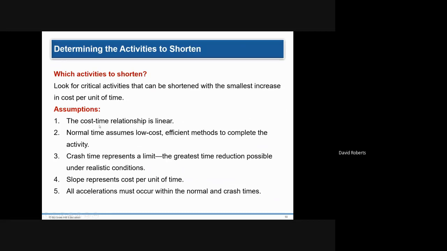As I mentioned, the cost-time relationship is not linear in some ways. It is linear for an individual activity, but it is non-linear when the first unit is $100 a day, the second unit is 125, the next unit is 160. It gets more and more expensive, diminishing marginal returns. You need to crash. The slope is based on the time unit. It's actually negative.